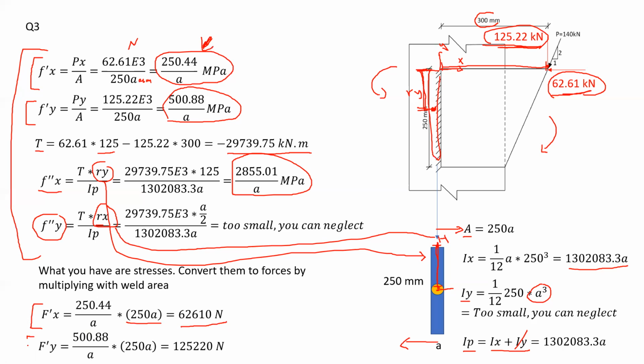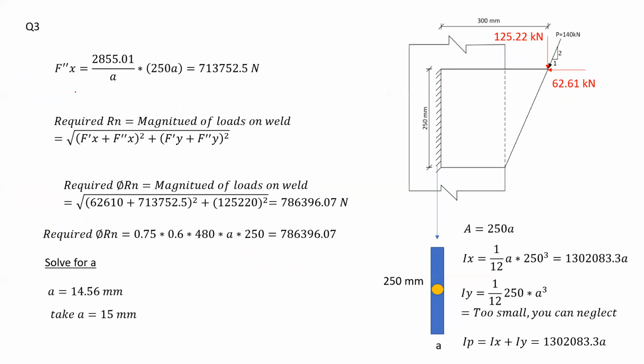If we consider the same thing for F dash y, the force caused by the force, you would get 225.22 newtons, which is the same as those values in here. Okay, now the last thing I would like to show you is converting this stress in here. So I have this stress in the x direction caused by the torsion. You will multiply it by the area in order to convert it to force in the x direction. So here I'm multiplying by the area, and therefore the force in the x direction caused by the torsion would be equal to